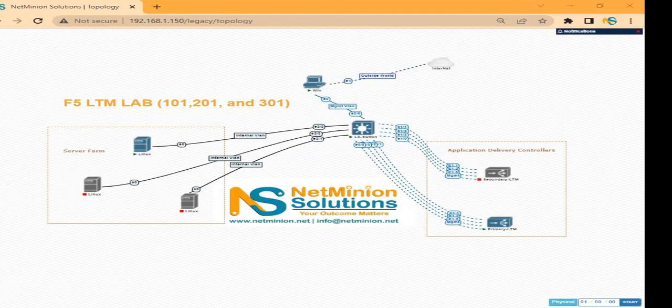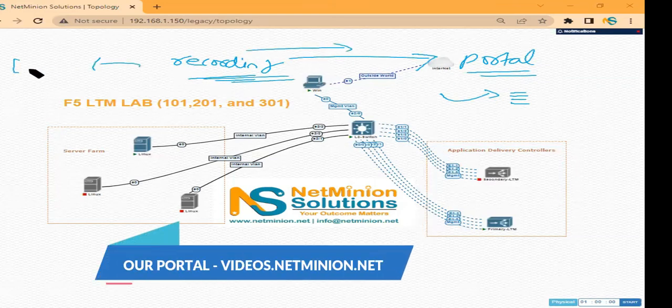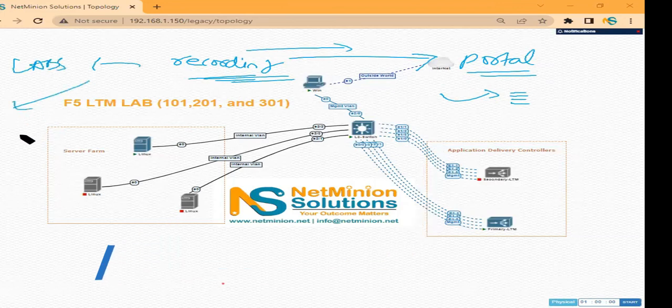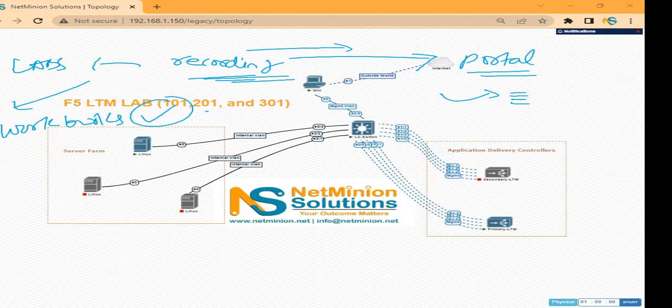Regarding the workbooks, yes, the initial workbook will be provided to you guys. Even all of the things we are teaching are getting recorded, and this recording will be available on our portal. The person who has already enrolled will get access to the portal, and every recording is available. So you will get the recordings, you will get the labs, and for your initial setup, you will get the workbooks also. On top of that, I will provide whatever study material is required as well.